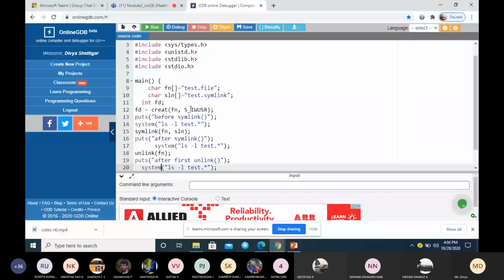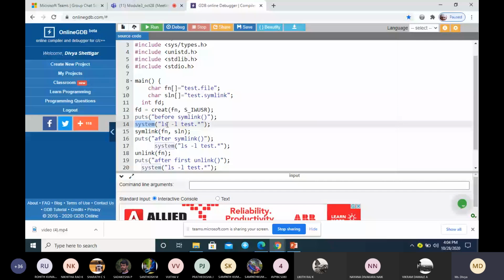Now before the symbolic link, we are executing ls -l test*. These are the two files we are creating, so the file attributes will be displayed. System is a function which is used for executing any commands. So here I am executing the ls command.